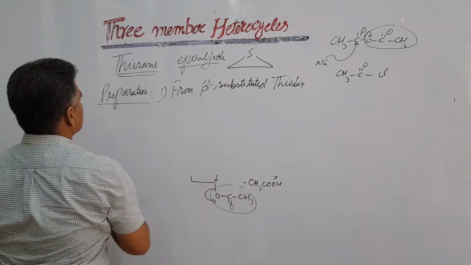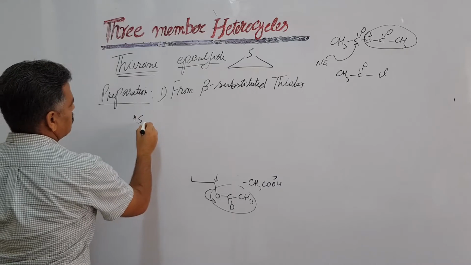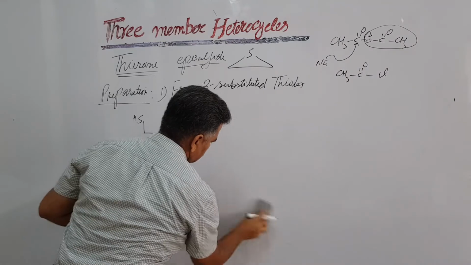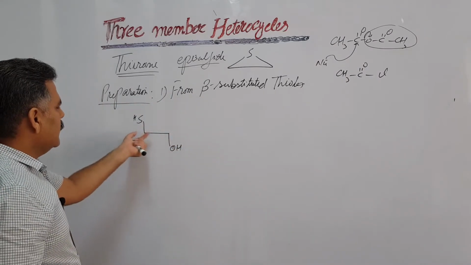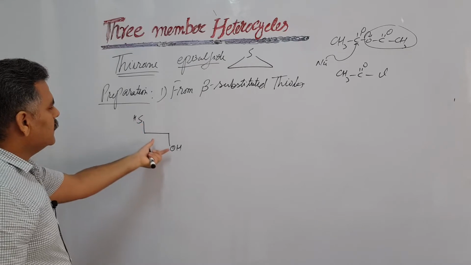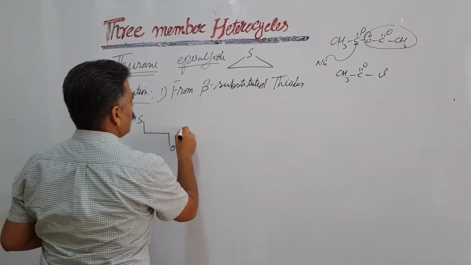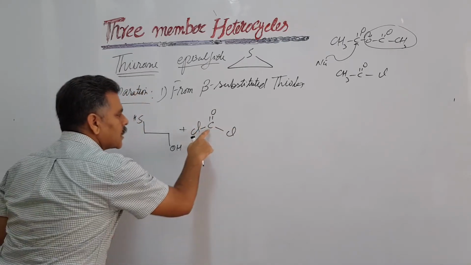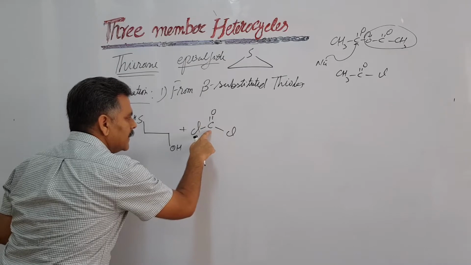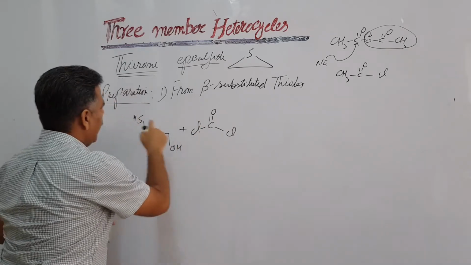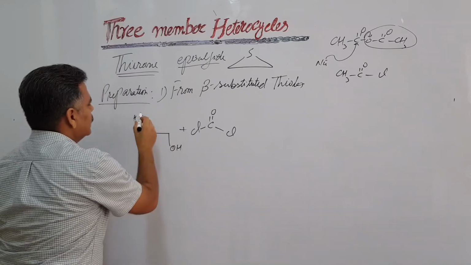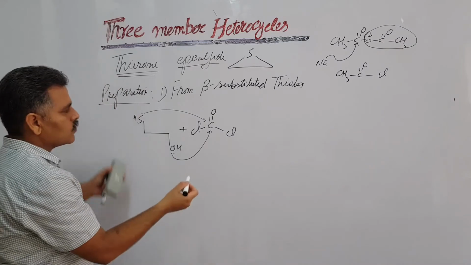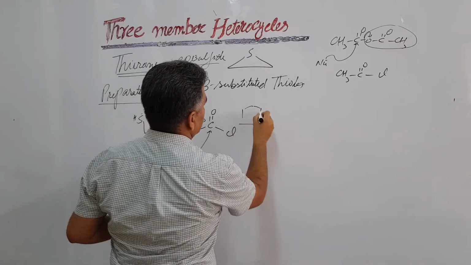Another method is in which we have SH and OH. Okay, so it is alpha beta mercaptoethanol. It reacts with phosgene. So this carbonyl carbon, which is electron deficient, is attached with two Cl, and here we have two nucleophilic groups. Then this sulfur can attach at this carbon and this oxygen can attach at this carbon, replacing two Cl, and in the presence of pyridine base,